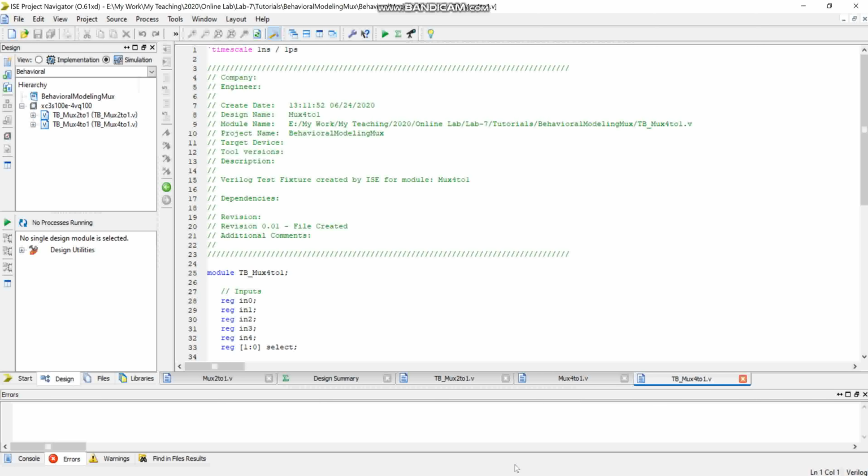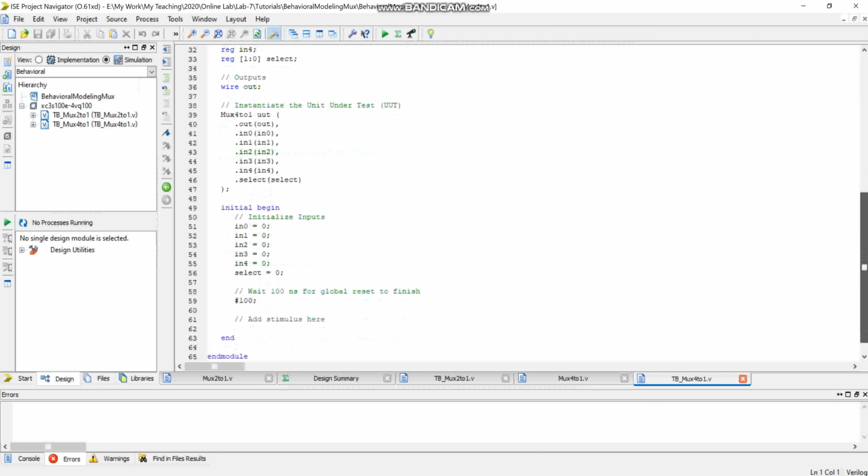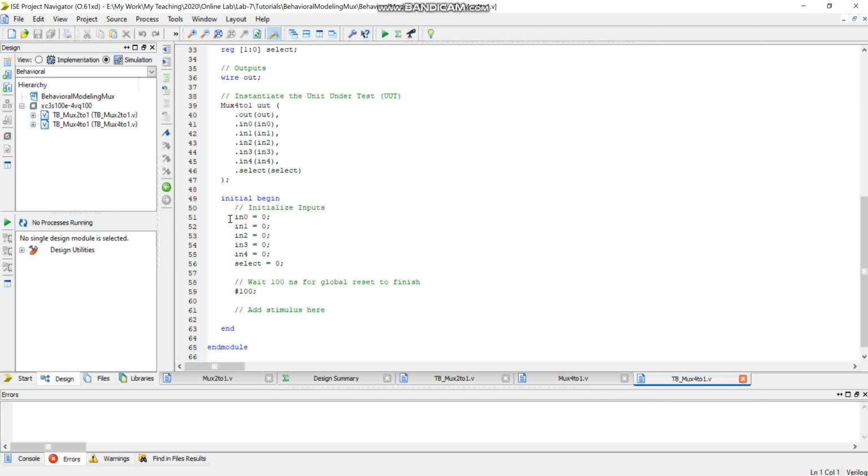So once we click on finish, we get this window where inputs and outputs are already declared, and here we need to write the input combination. So let's say we, I guess we did make another mistake. We have defined an extra input that we are not supposed to define. So let's go back